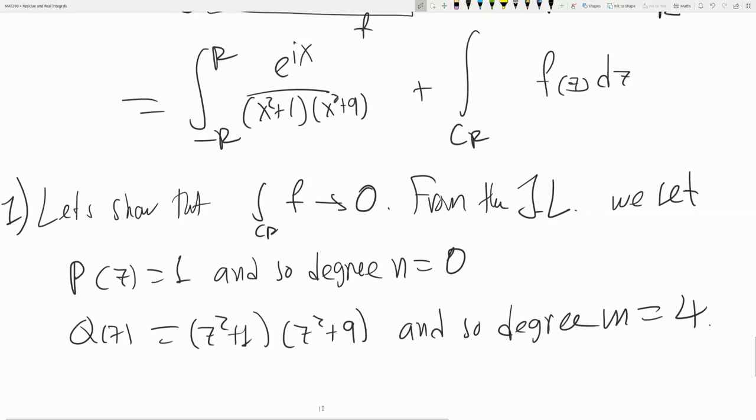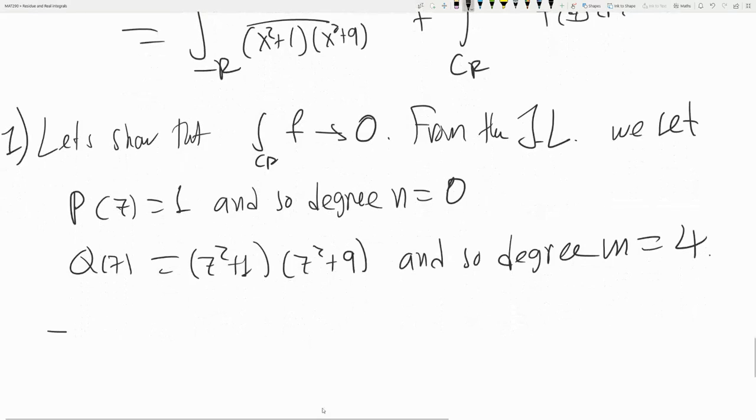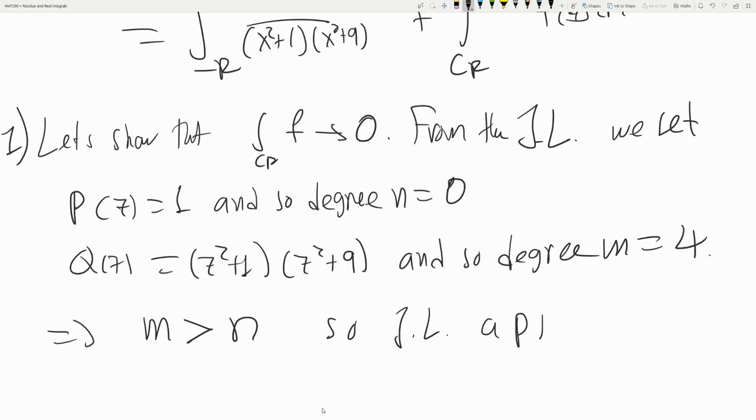Therefore m is bigger than n. Okay, so Jordan lemma applies,